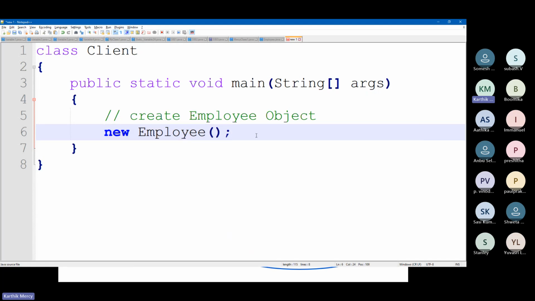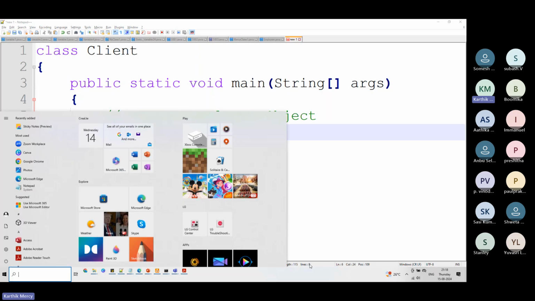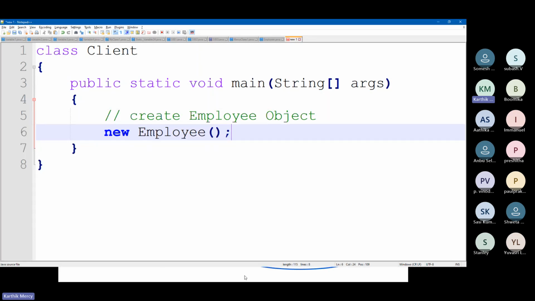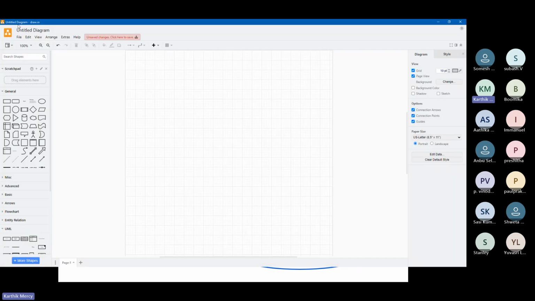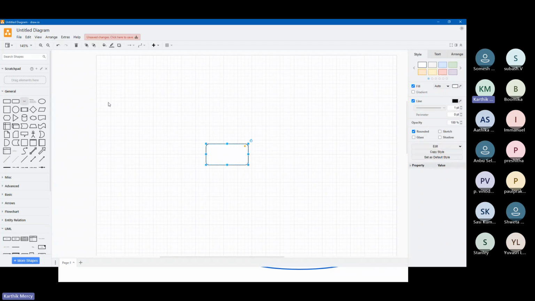I want to just quickly give you a diagrammatic representation of the same. If you remember, I used a software called draw.io. This is just a simple software, guys. Do not get confused about what I'm trying to do with this one. I want to give you some explanation of what is happening internally. I'm just taking this small rectangle.